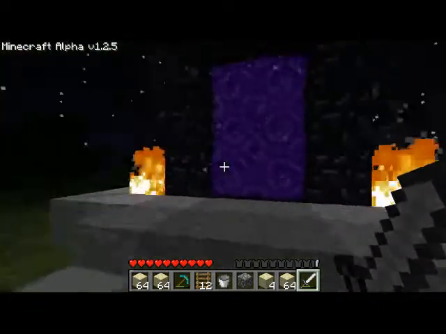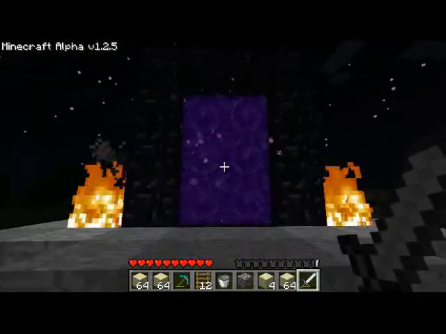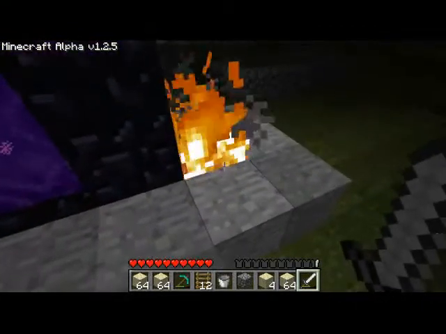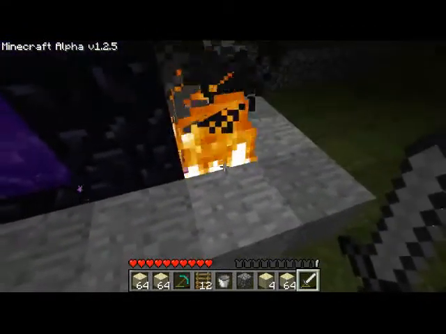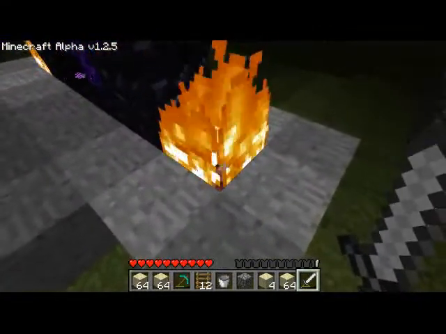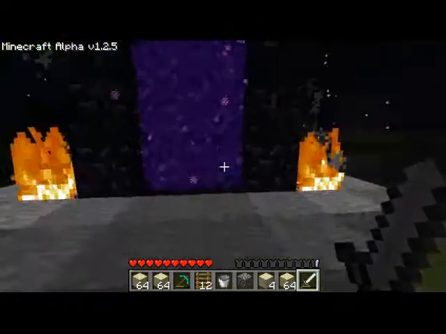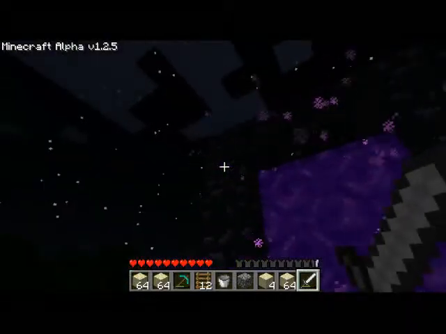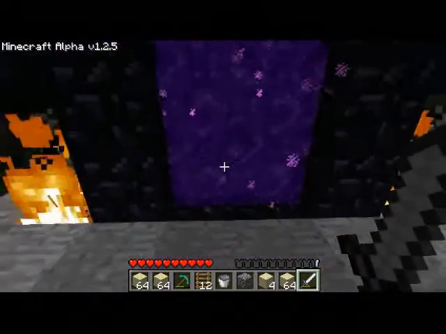Right, this little interesting thing is a portal to the Nether. Now I've made it look fancy. The reason why these blocks are on fire is because there's nether stone in there, which stays on fire when you light it, and it will stay on fire forever and ever until you break it. So you can make these portals by